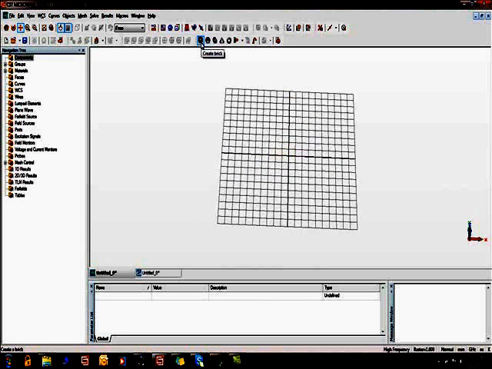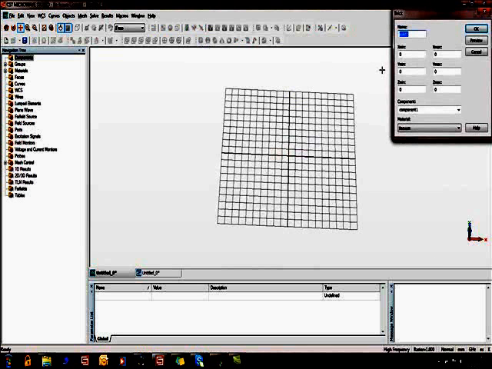So select create brick, press escape, give a name to the brick, and instead of giving a number, it is better to parameterize your structure, so you can use these parameters for optimization as well as for parameter sweep.